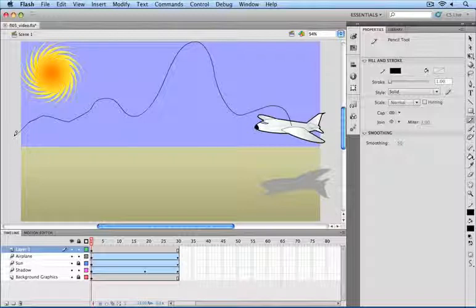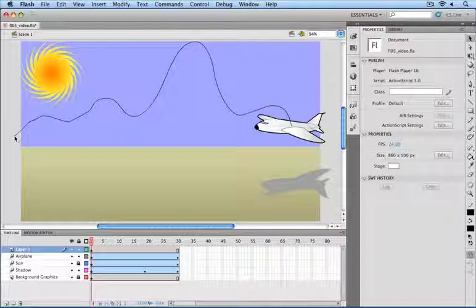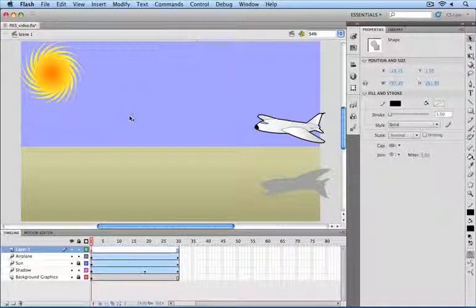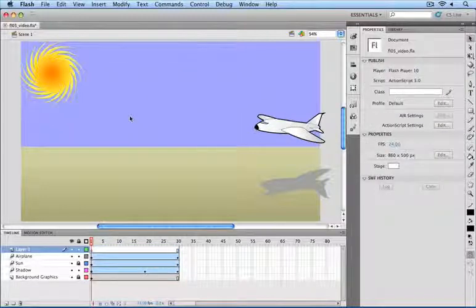So let's go ahead and press the V key, and this will change us to our selection tool. You can also take the long way and just select that tool from the top of the tools panel, but the V key is a nice shortcut, especially if you're already on the left side of the workspace. And using my selection tool, I'm going to double click on the path so the entire thing is selected just like this. And we're going to choose Command X or Control X if you're on Windows, and we're going to cut the path right off of the layer